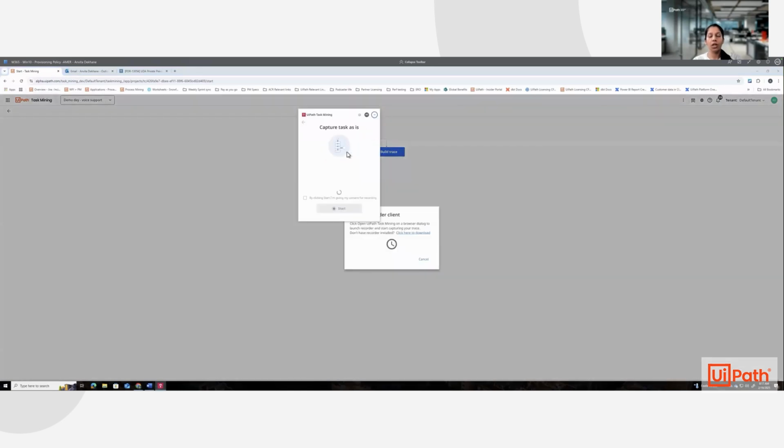I've gone ahead and shared my screen, and in the interest of time, I have already opened a new task mining study where, as a business user, as I'm invited to collaborate to this study, I will land on this UI where I'll be asked to capture a trace or build the trace. I will go ahead and capture a trace,